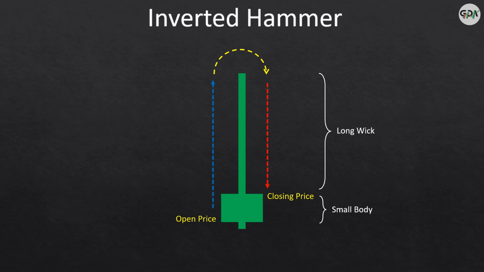Friends, we will try to analyze whether the inverted hammer is bullish or bearish. After a long downtrend, the formation of an inverted hammer is bullish because price hesitated to move in the downward direction. Sellers pushed the price back to open, but the increasing price shows that bulls are testing the power of bears.